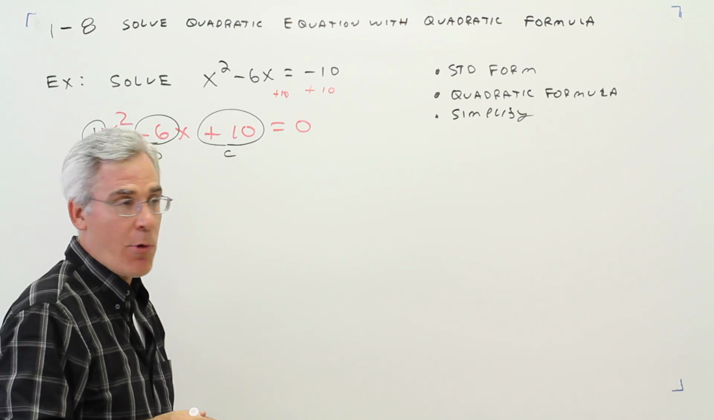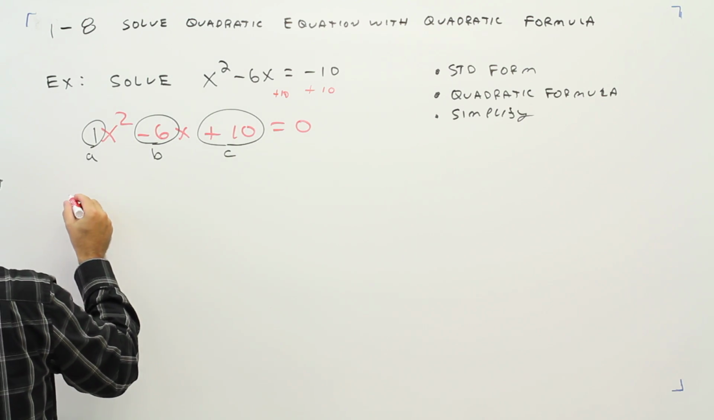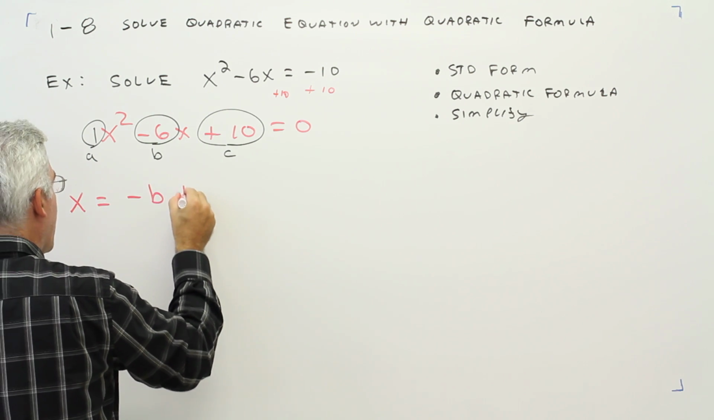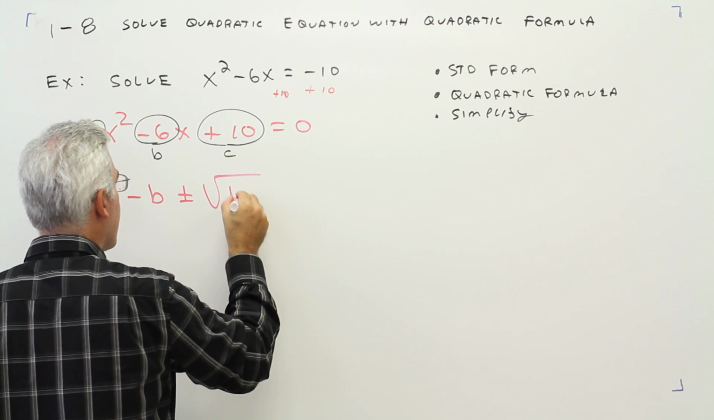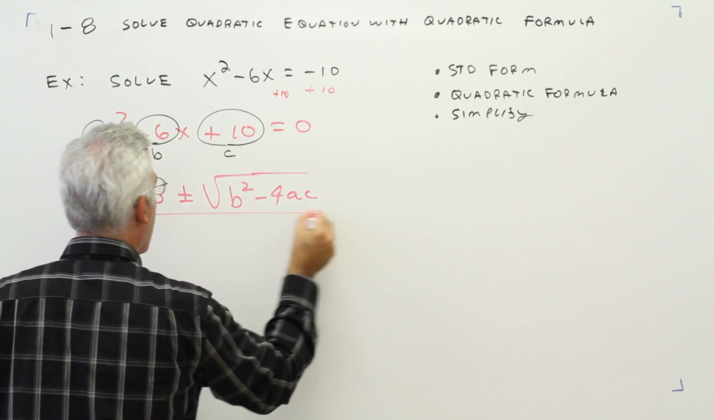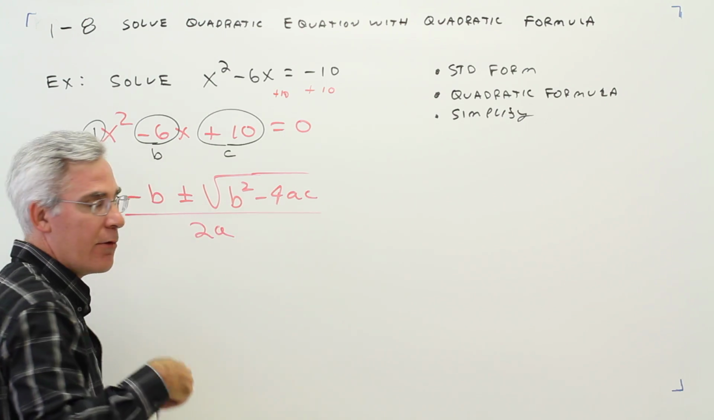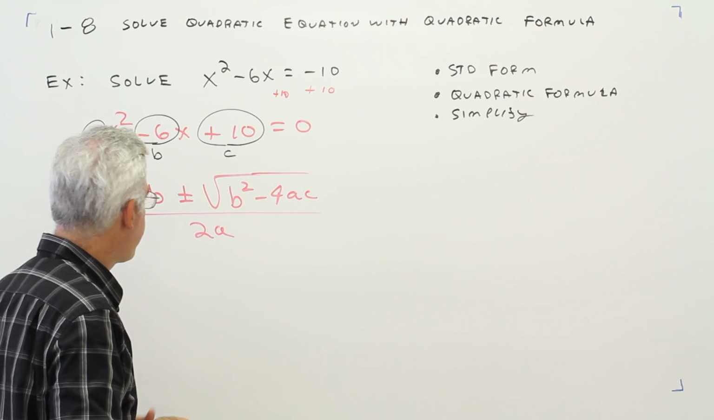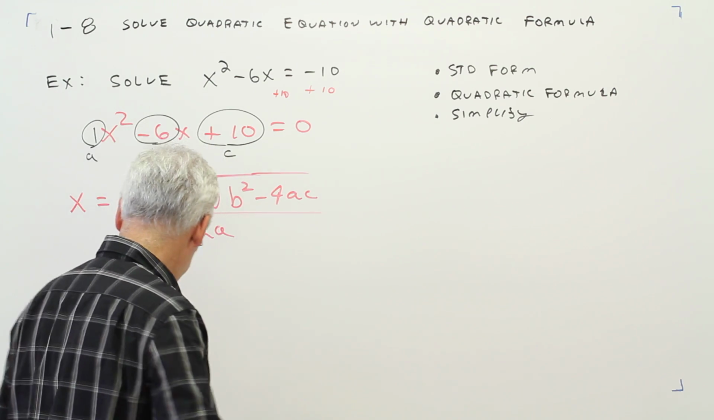And then you've got to know the quadratic formula. The quadratic formula is x equals the opposite of b plus or minus the square root of b squared minus 4ac all over 2a. There's songs, there's jingles, however you need to remember it. And then you just plug and chug. All right, so